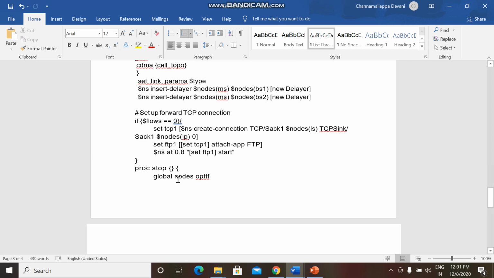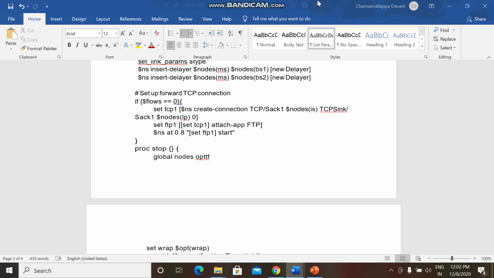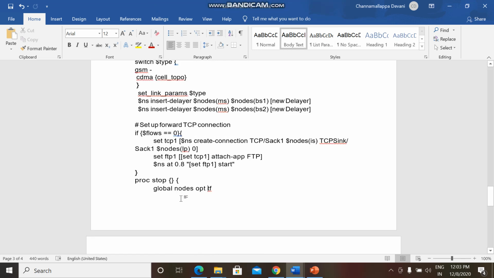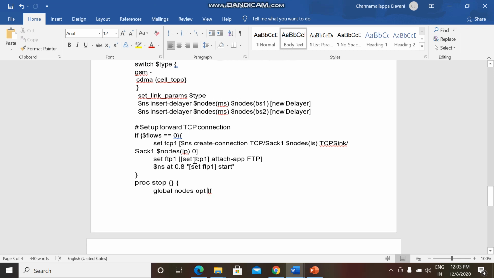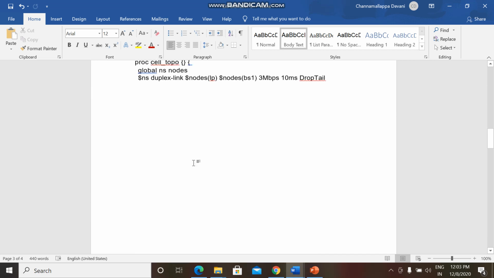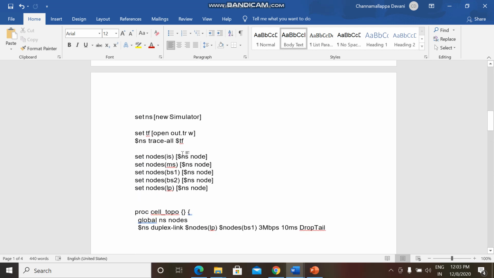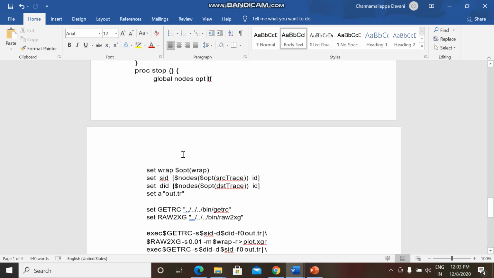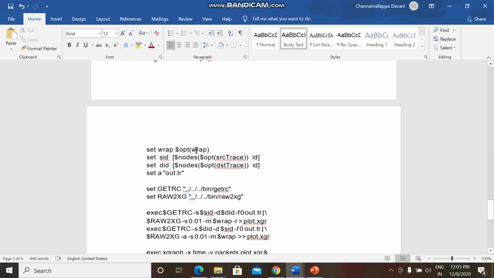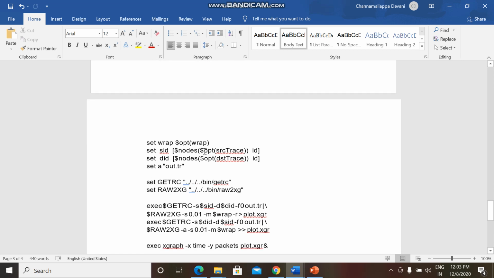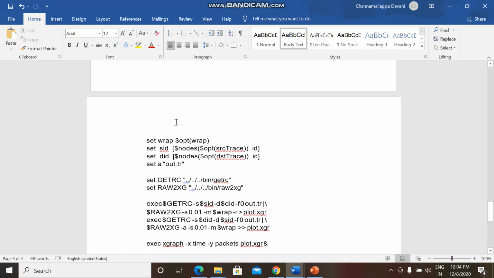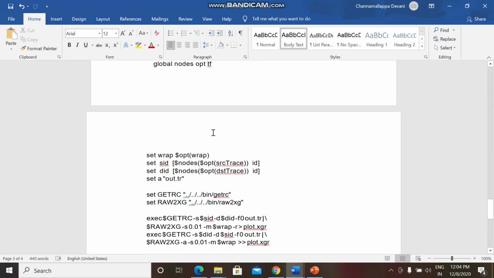Then finally we have a stop procedure, as we have for all the other programs, where we are making these variables global. TF is an object for the trace file that we have already created. So we are making this global, and set wrap, which was set to 100. Once we make these variables, wrap and the object of the trace file, global,